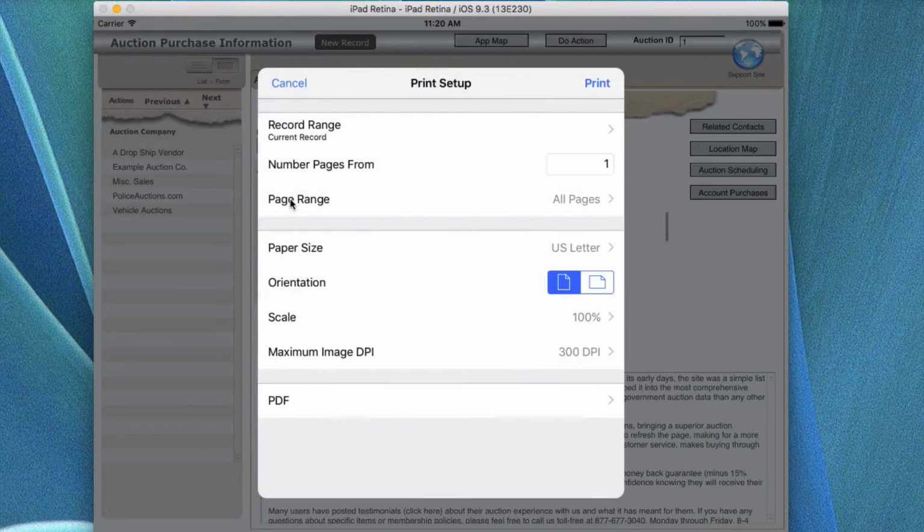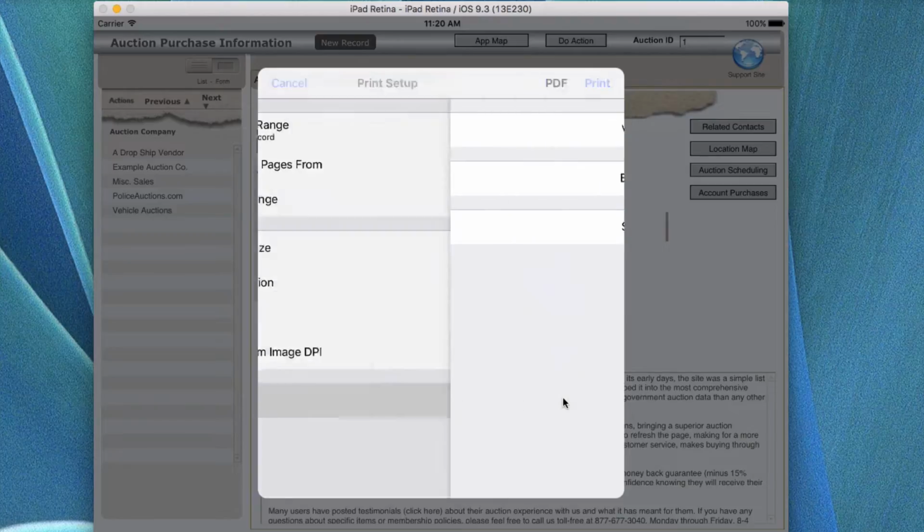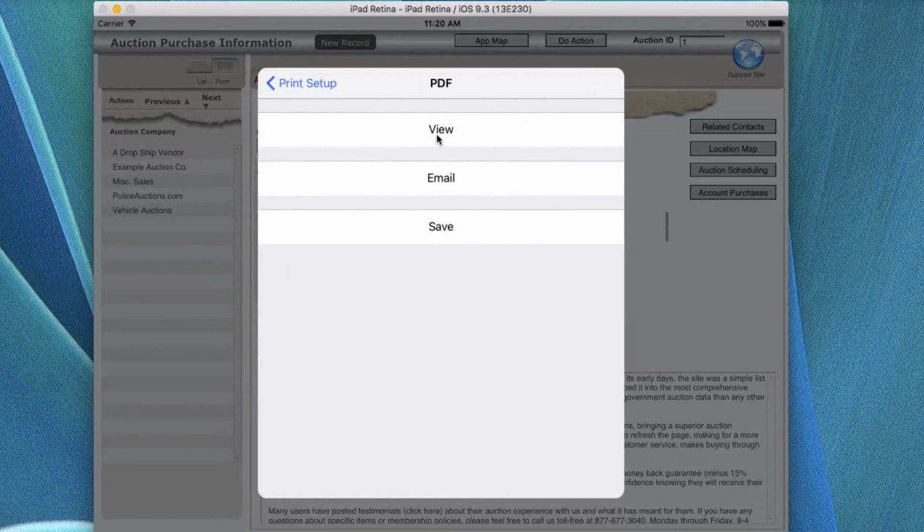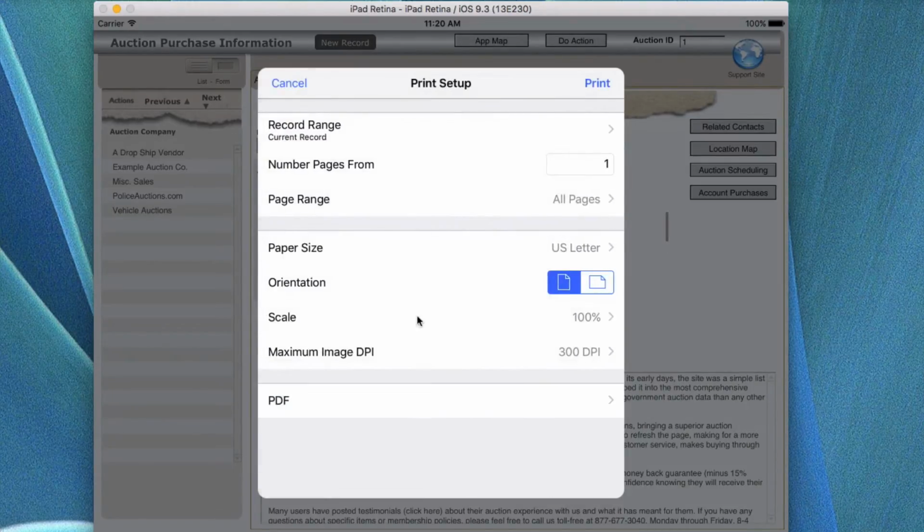I would suggest probably doing 300, and you can see how it changes out here. And then we got this great little thing at the bottom that allows us to view the actual page, email the page we're looking at, or save a page. Now, if you're doing it as a PDF, which is awesome, you can say print or save it as a PDF, and then you can turn right around with the data and use it anywhere you can use a PDF record. Okay, and of course, print up here is the record we're currently looking at